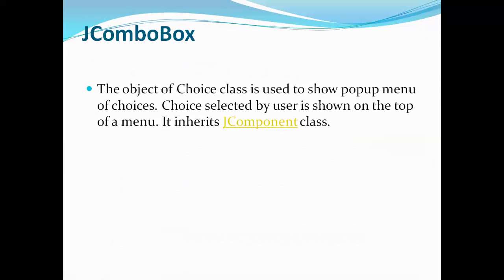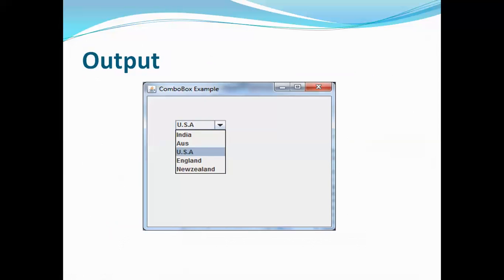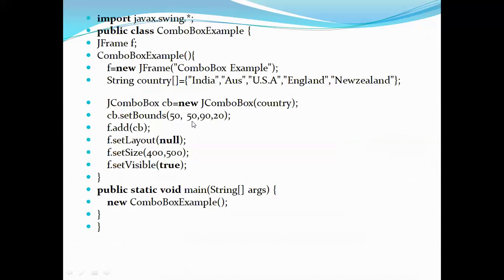We are going to learn how to include JComboBox. Now let's see what is a JComboBox. I'll show you the output first. JComboBox is almost similar to your JList, but when you select this, a drop down menu will show up. So if you drop down that, and out of those drop down menu items, if I select one, that will be highlighted in this area. So whatever the option I'm selecting, that will be highlighted here. So that is called a JComboBox.